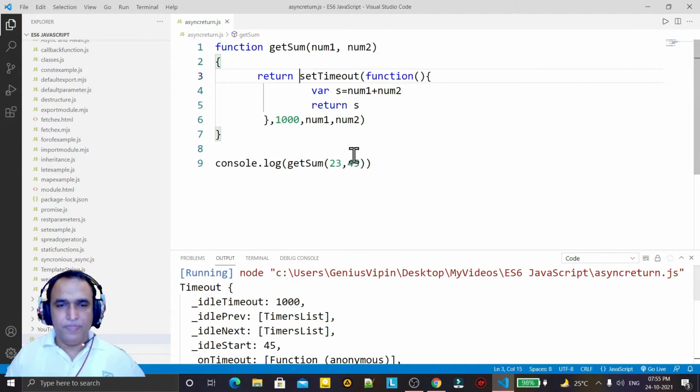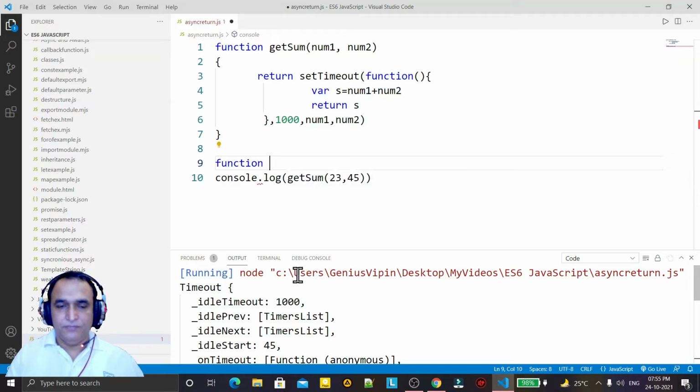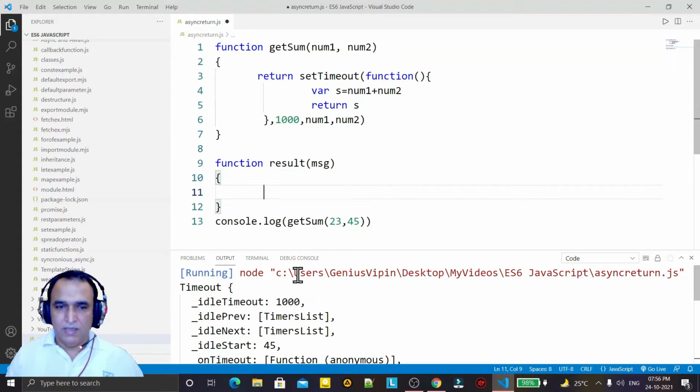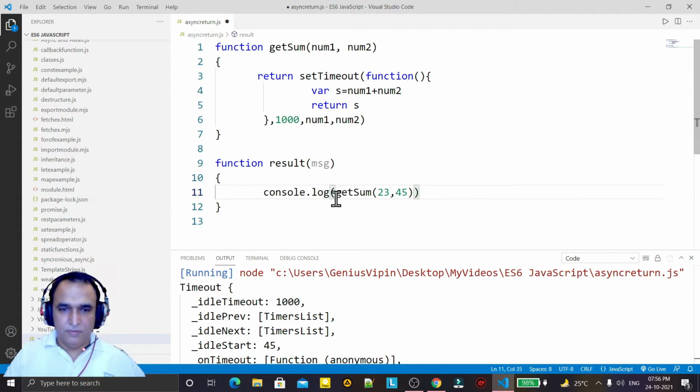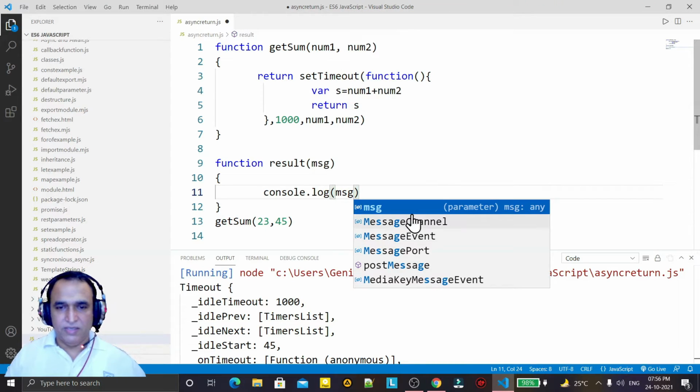Again the same problem. So what we do is call a callback function. I say function and I say result. Here I put some message and display this information, and I call this method outside of this, giving the information as a result.